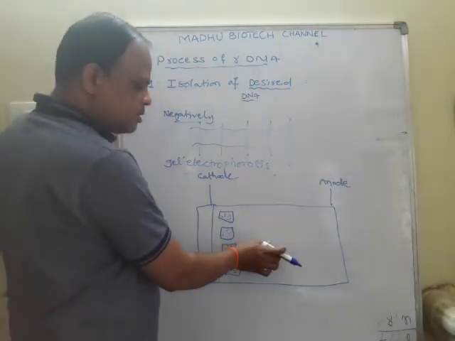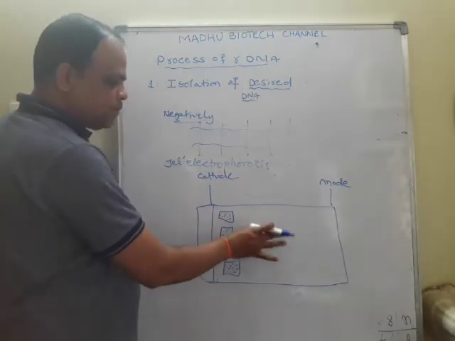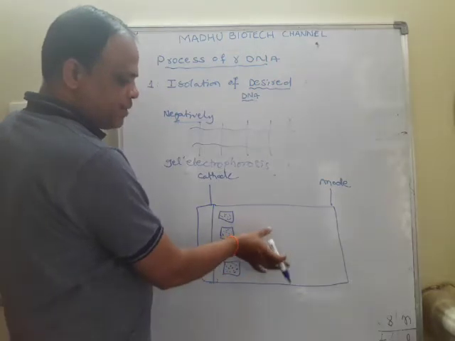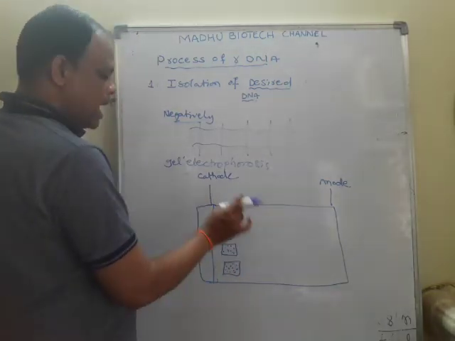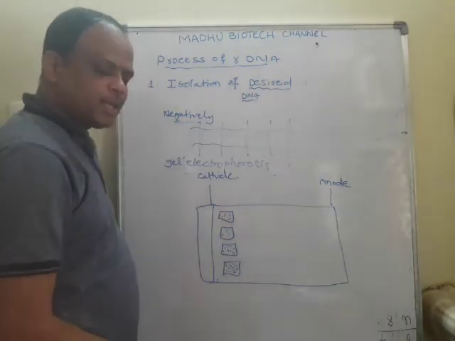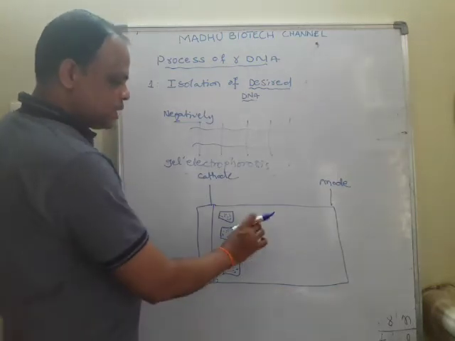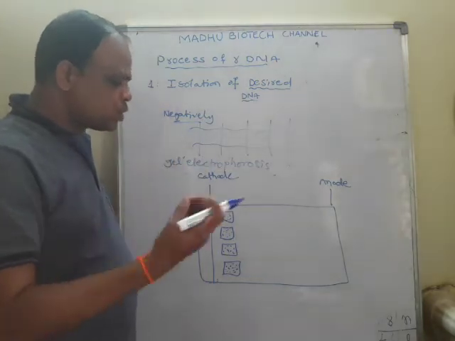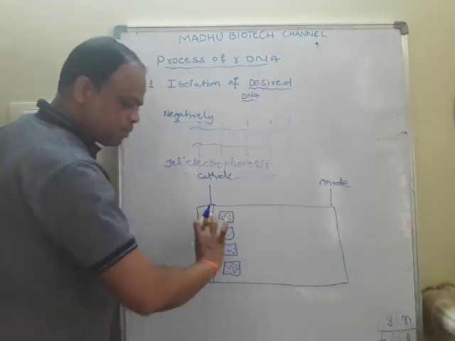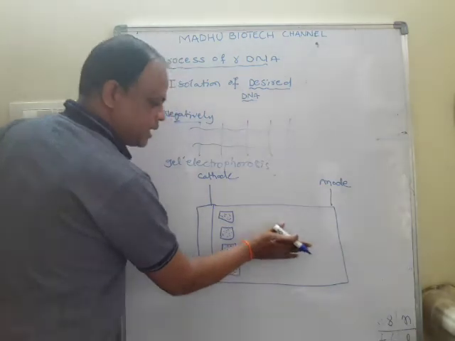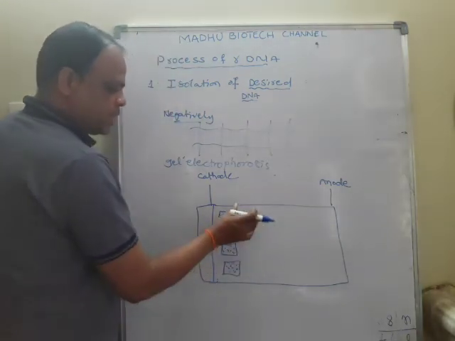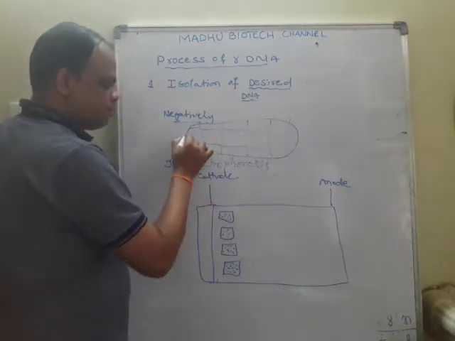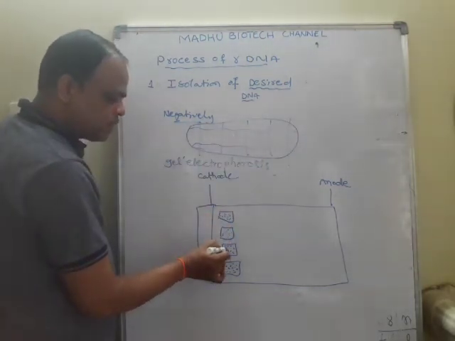Inside of this chamber we pour agarose, a solidified reagent we use as a medium. This agarose medium is extracted from seaweeds. The agarose powder is mixed with buffering solution, and once it solidifies we pour it into the gel electrophoresis chamber. Then after that all the DNA mass is poured inside of this chamber.